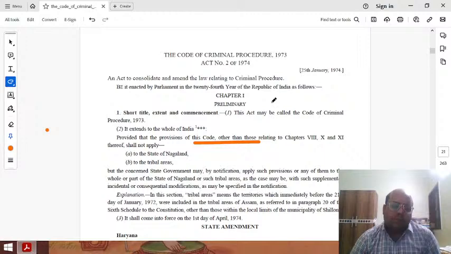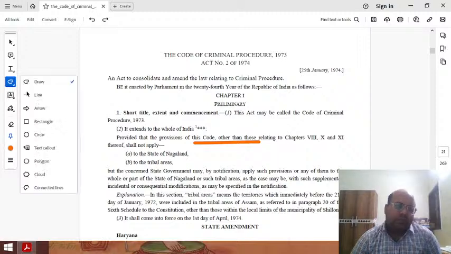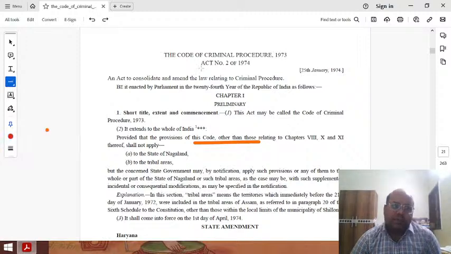So the Criminal Procedure Code, it is Act number 2 of 1974. If in some of the exams it has been asked what is the Act number of the Code of Criminal Procedure, it is Act number 2 of 1974. As you can see here,